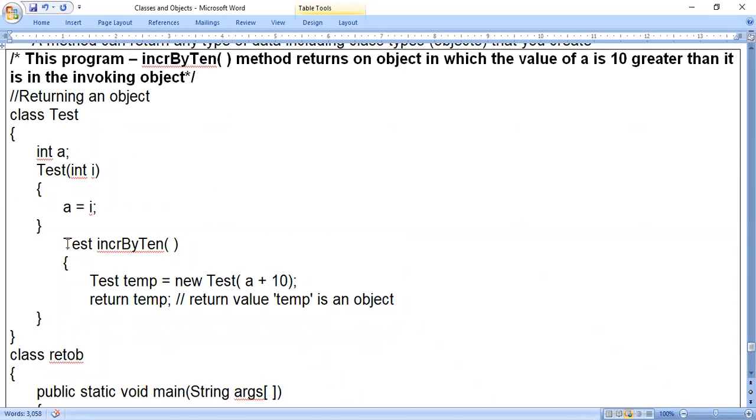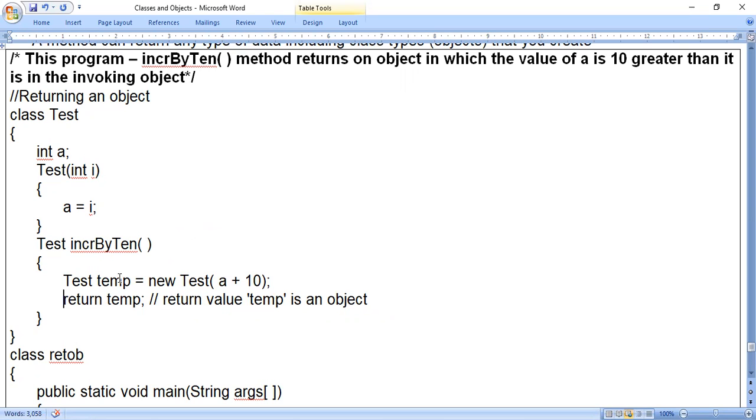That method name is nothing but INCR by 10. INCR means increment by 10. In the method, I have written the statement Test tmp. Temp indicates temporary object. Temporary object is equals to new Test of A plus 10. Return temp. When you look at the return statement, after the keyword return,